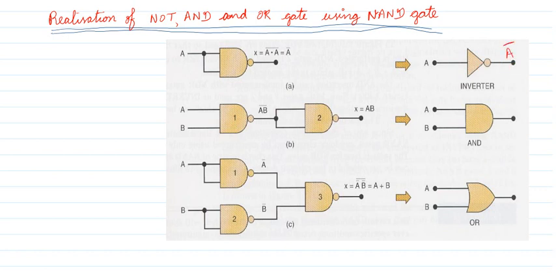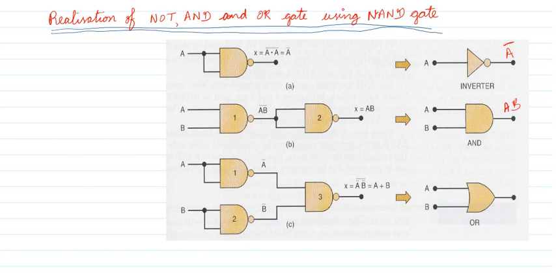Similarly, if you look here, the input is A and B, and you are giving them to a NAND gate, so the output is AB whole bar. Again, both inputs of the next gate are connected to AB whole bar, and we know this is nothing but a NOT gate. Input is A, output is A bar. Here the input is AB whole bar, so the output will be complemented, so the output will be A into B. So if you realize here, I am giving A and B, and I am getting A into B. So this is nothing but your AND gate, A into B.